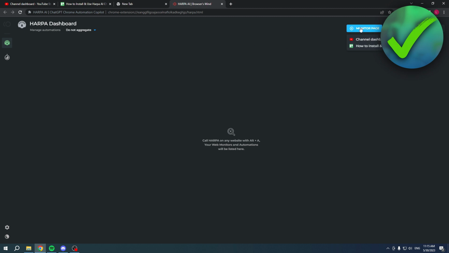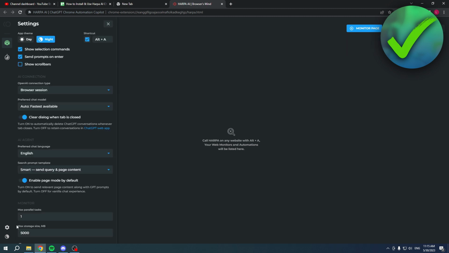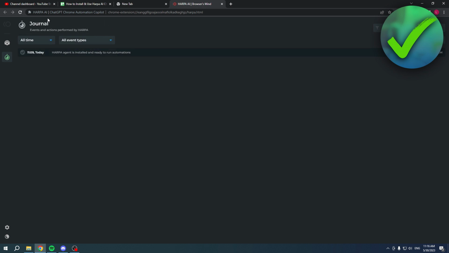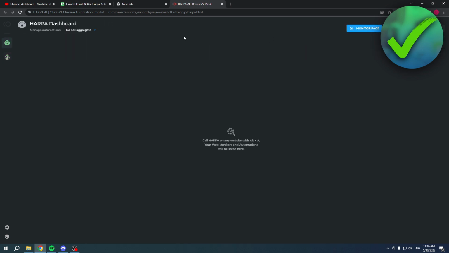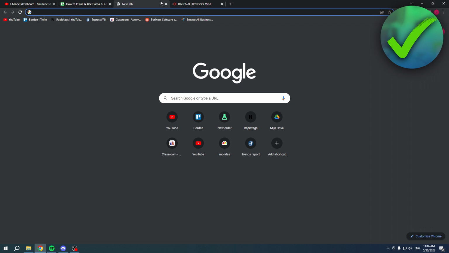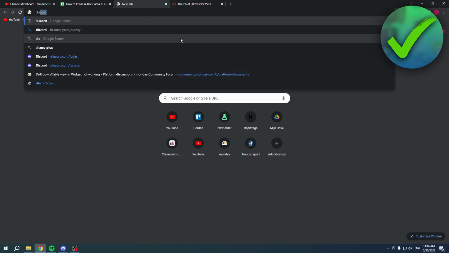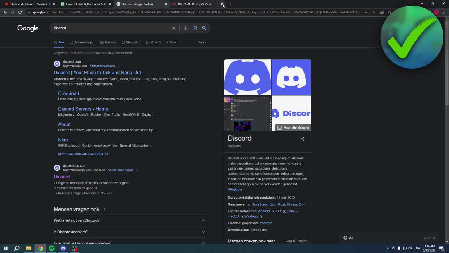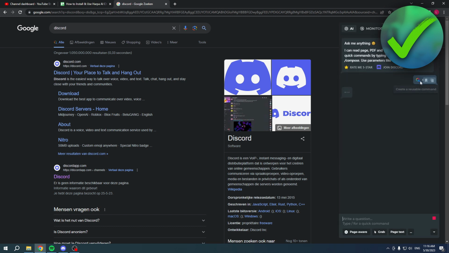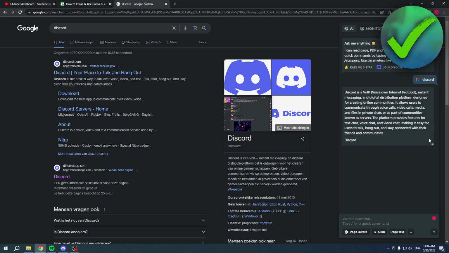And I can click on anything. So for example, monitor page, start all, import. I have the settings over here as well. And here I have a journal, which is cool. But let's say I were to search for anything, let's say Discord right over here, and then click on the Harpa AI tool right over there. Then it will put my search term into here, and it will automatically start answering what I've searched for,